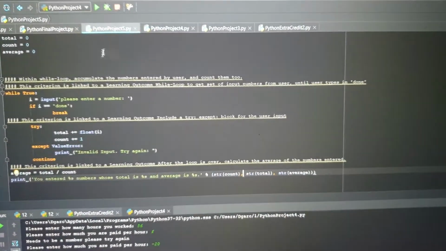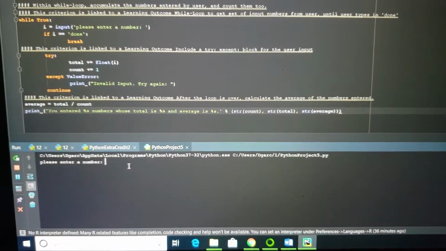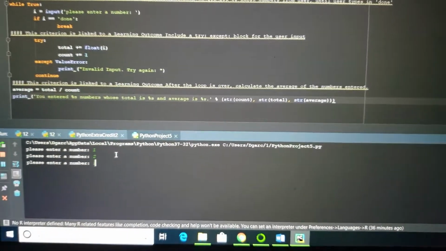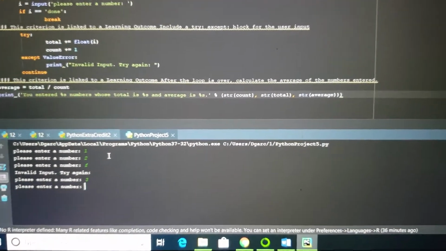So if I run this, it's going to ask for a number. So I'll do 1, 2. We'll try like F again to break it. Just ask for another number, so like 3, and then